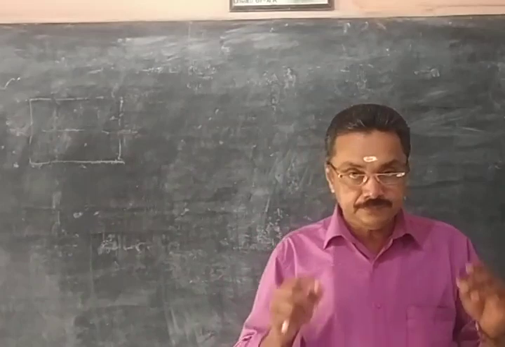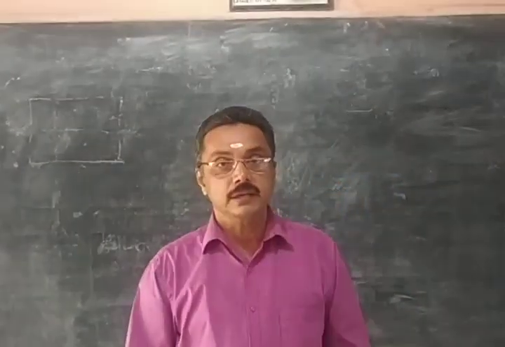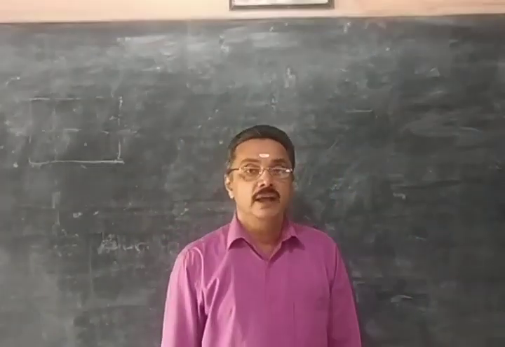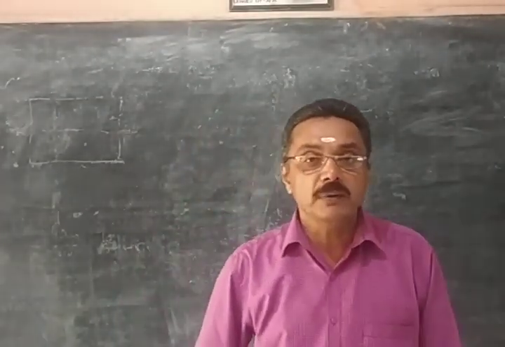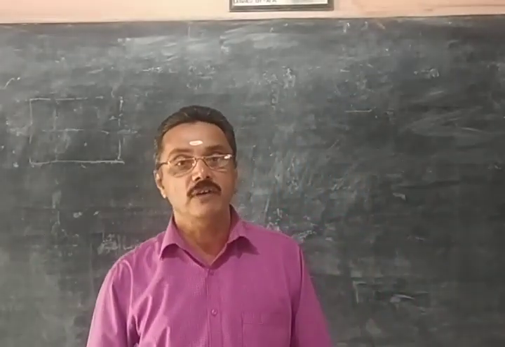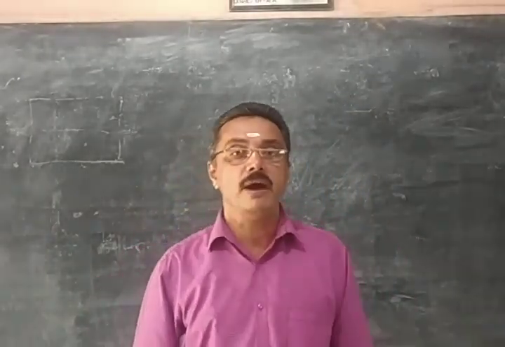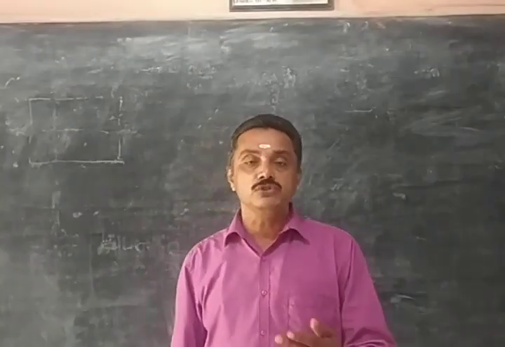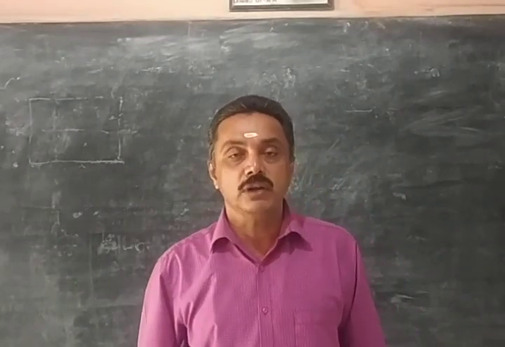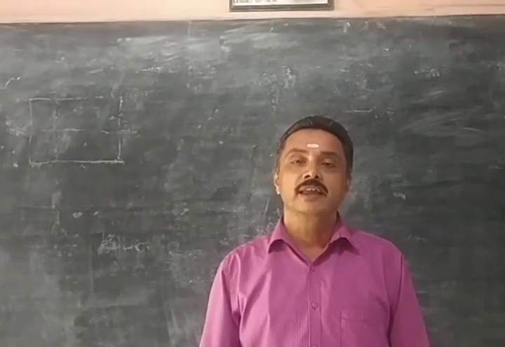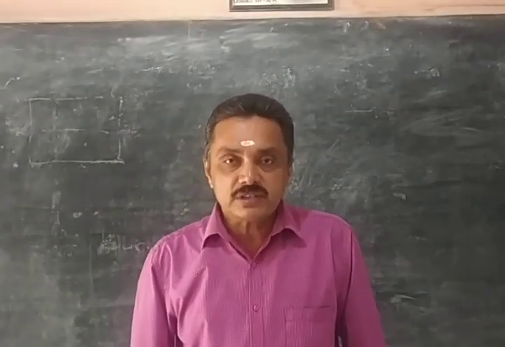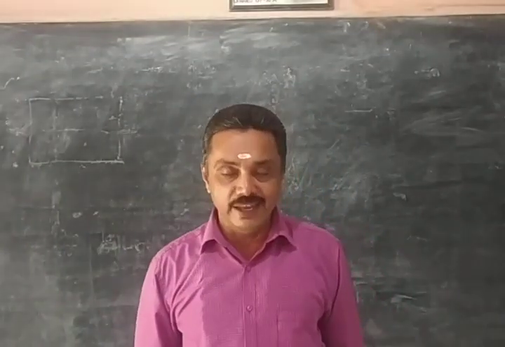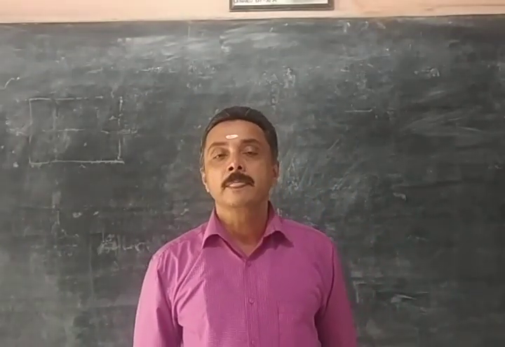Good morning to all. In the last class we discussed the parts of an angiosperm plant. There are two regions for an angiosperm plant. The part of the plant present below the soil level is called the root system, and the part present above the soil level is called the shoot system. The root system consists of tap root, secondary root and tertiary root. The shoot system consists of the main axis called stem, nodes, internodes, leaves, axillary bud, terminal bud, flowers, fruits